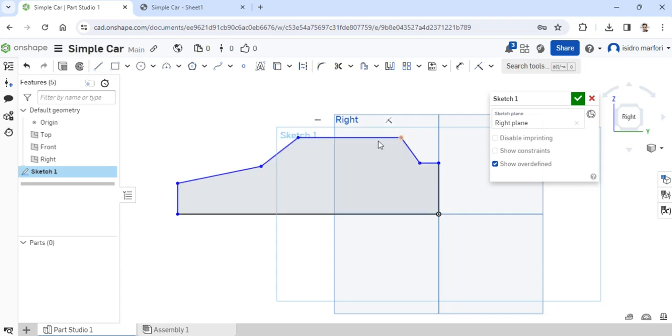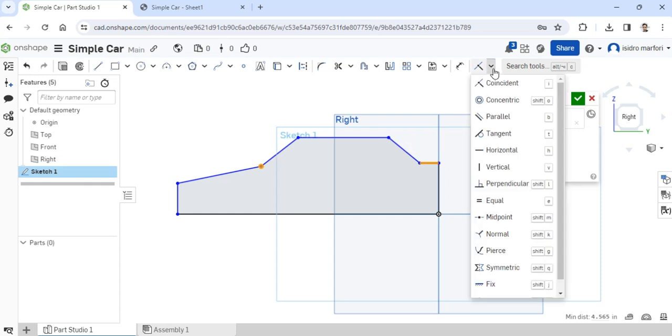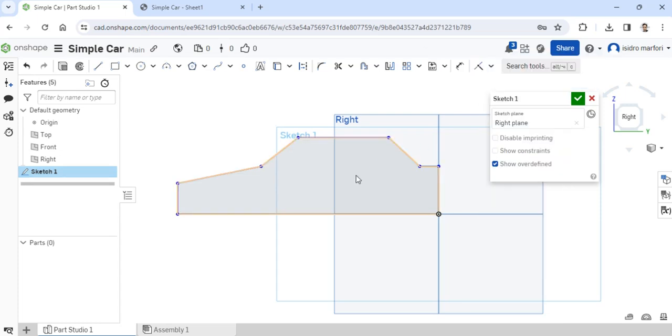Now let's add a bit more constraint. What I want is that for this point and this line to be coincident. So to be able to do that, you simply select the point, you select the line, and under the constraint tools here, you pull that down. We simply make them concentric there. And when you do that, you will notice that whenever I try to move this point, that line would follow. And the same thing goes when I move the line.